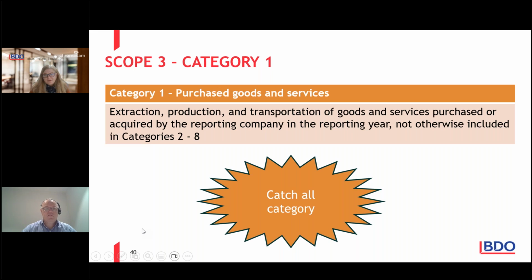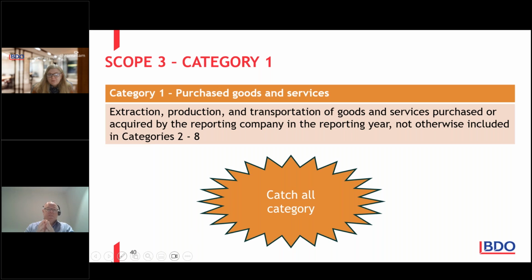So these categories are all coming out of the GHG protocol. They're in that overview, the link that Aletta provided. And this one, category 1, is what we call the catch-all category, and it's kind of looking at anything that's not scope 1 or 2 and is not covered by some of the more specific categories as we work through these upstream ones. So we're talking about just general goods and services that we're purchasing,